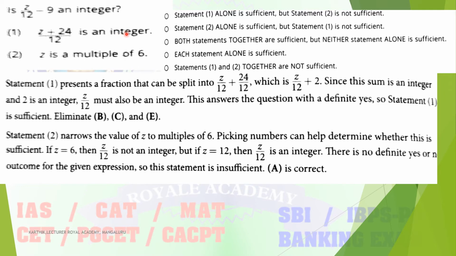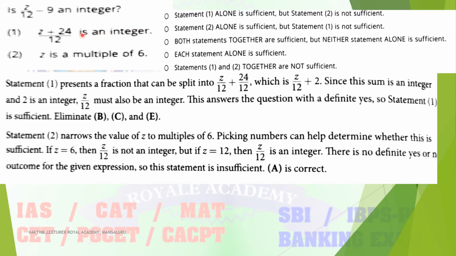3 is an integer, so you can choose the value z as 12. So 11 divided by 12 plus 2 is not an integer. Integer is nothing but 1, 2, 3, 4, 5, 6; there is no fraction here. So you should choose z in such a way that the condition is satisfied.